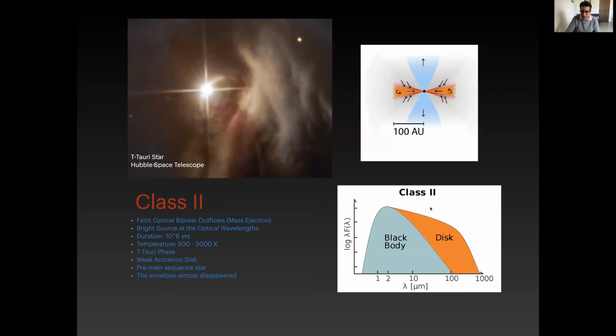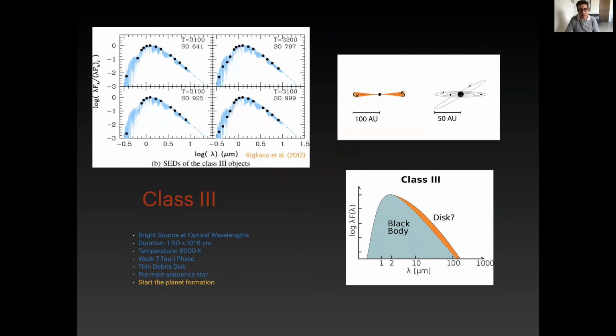And the nice thing in this phase is that you have the emission from the star, in the optical, and you start to have some emission from the disk that you can see now. The emission from the dust is not really important, and now the emission from the star starts to be really important in these phases. The next step that we have here is class 3, which is more involved with the star. You can see from here that the scale is more or less the scale of our solar system, like 100 AU. More or less, I mean, after this phase almost all the planets and the stars are formed, and we have a solar system as we know it now,